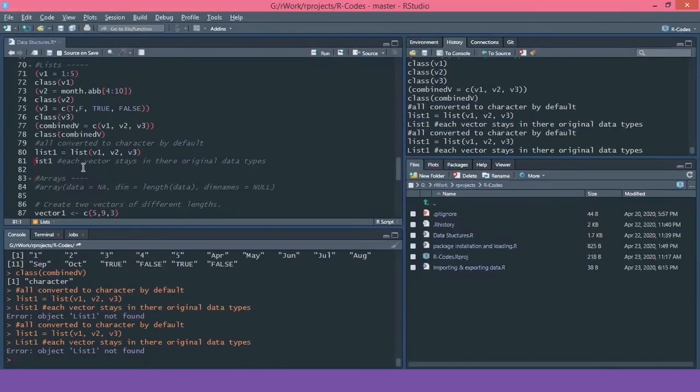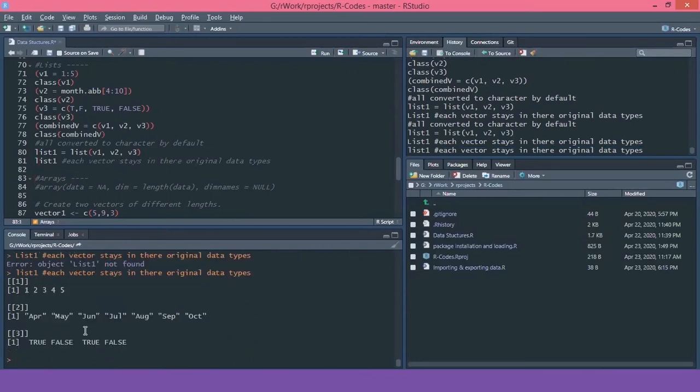So you can see my first vector was 1 to 5. First it gives the numeric type, then the character data type, and then the logical data type. So list helps us join the vectors while keeping the original data type of every vector.